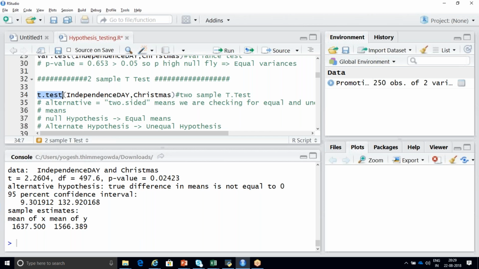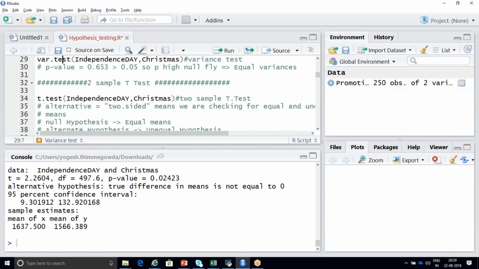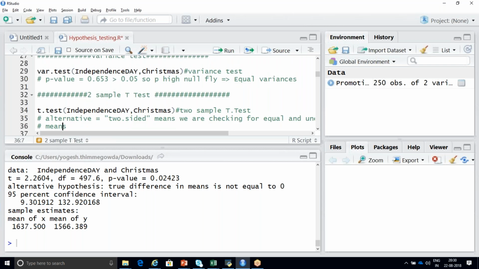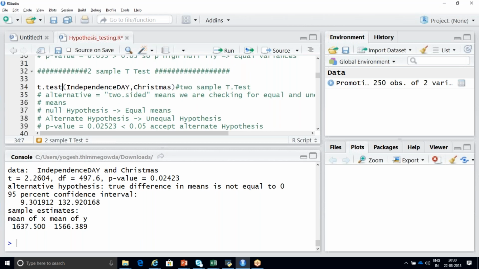Okay, one more thing, Yogesh. Now you're using the t.test and you're finding for both null and alternative also, right? Yes. Okay. Instead of doing the above variance test and the normality test, can we go directly to this function t.test? Yeah, you can go to that test also. You can directly jump into any test. There is no mandate, but I'm showing it with respect to the process.